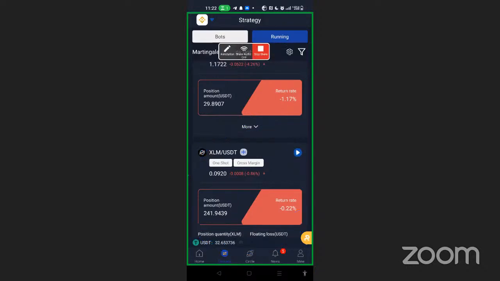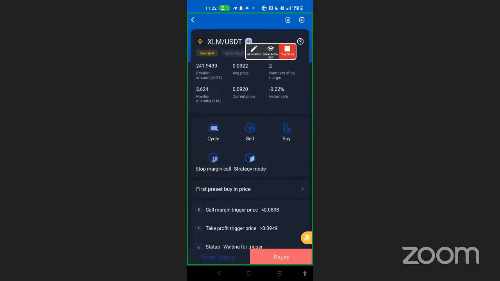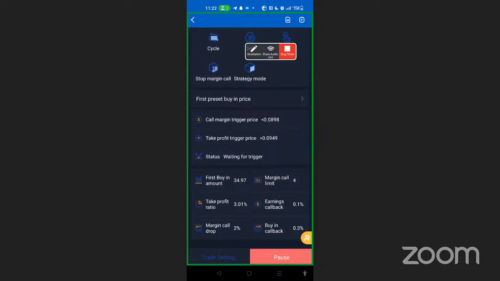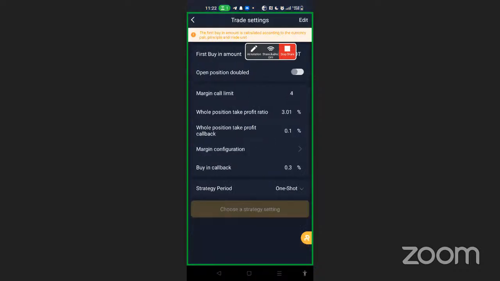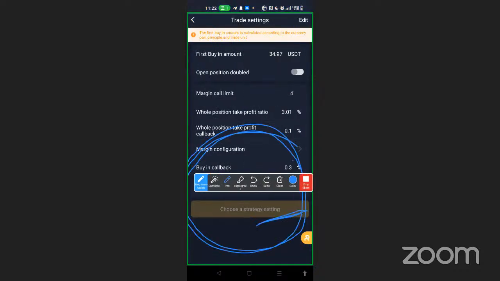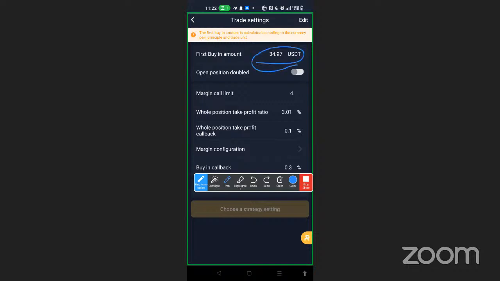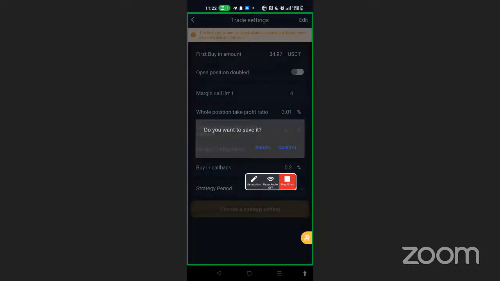Very important, because if you are able to look at the first buying amount of this coin, it is on a compounding structure. Can you imagine you having a capital of close to $1,500 and you are only using $34 as your first buying amount so that the rest of the money could help you when the market goes against you? Very important. Okay, let's go back to